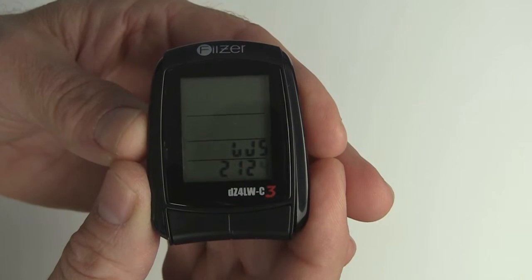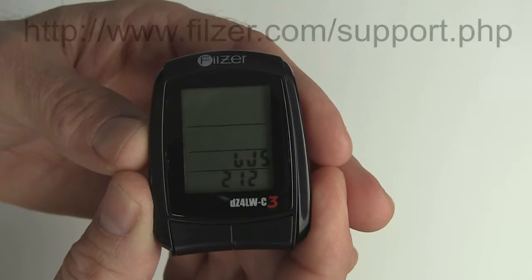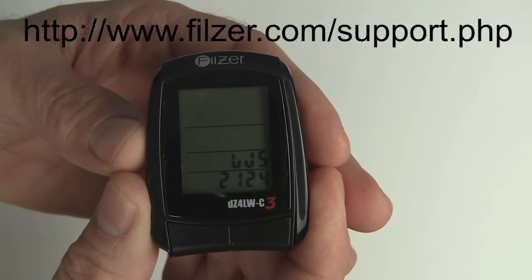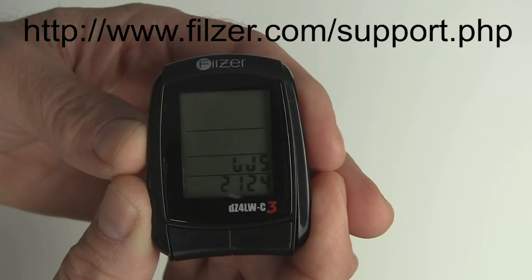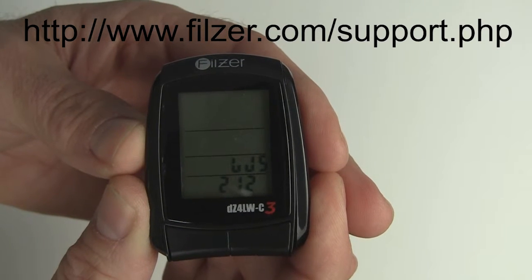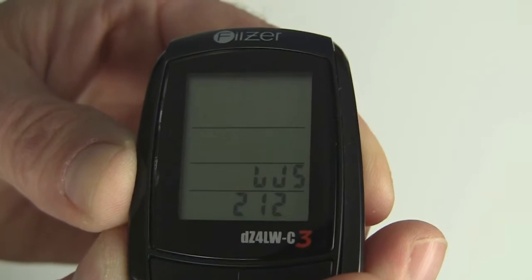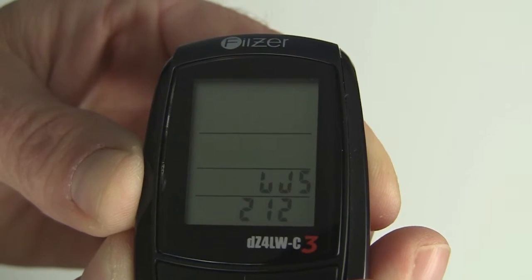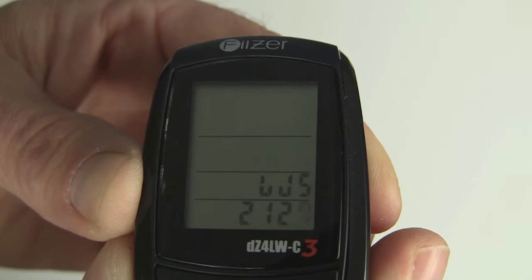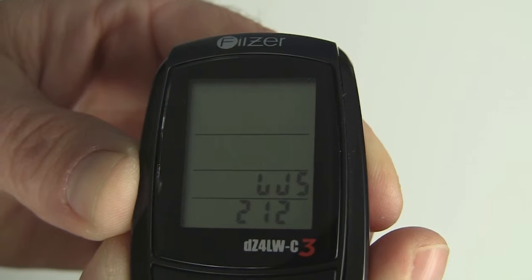Now, if you haven't determined what your wheel size is already, you could see our video on how to determine wheel size or wheel factor on our website in the frequently asked questions section for bike computers. At this point, we assume you already determined your wheel size, which is the circumference of the wheel in millimeters. In this case, we decided that our wheel circumference is 2230, so we're going to program the computer for that